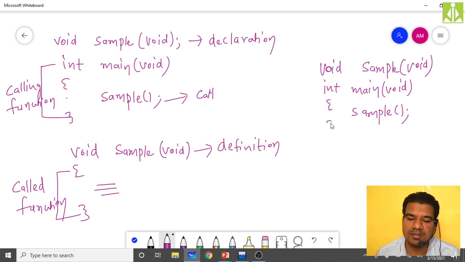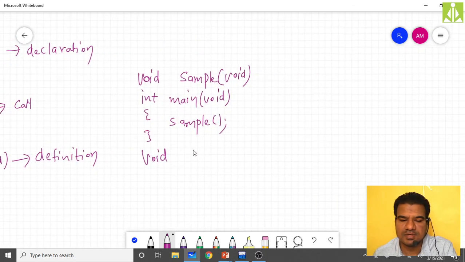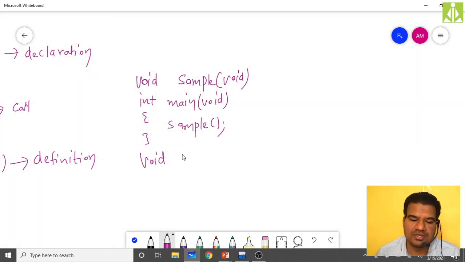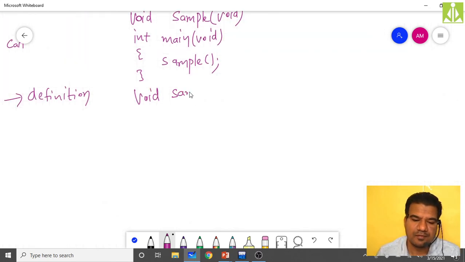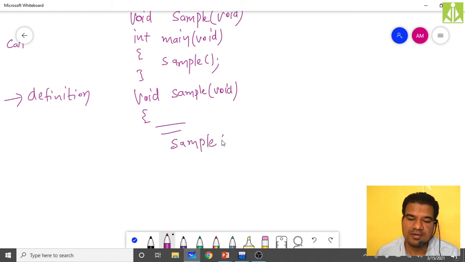So here sample. Then when I'm writing the definition of sample, you just see I need to write it like this. Inside this sample definition, once again I'm calling sample.